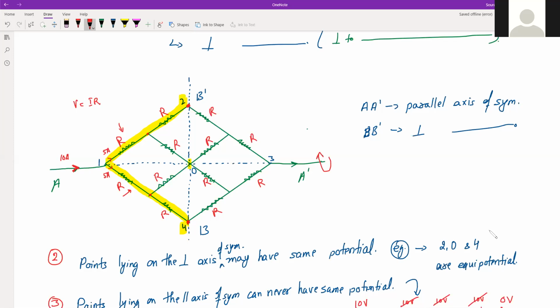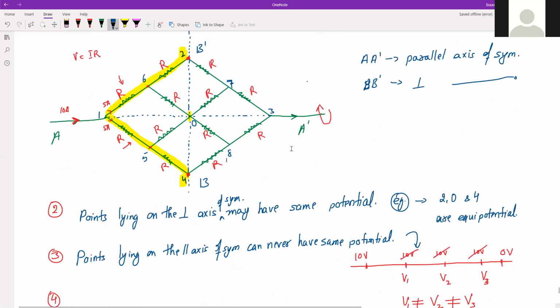The 1, 0 and 3 will remain as they are, but 4 and 2 will overlap, right? And suppose we have some more points, say 1, 2, 3, 4 we have given, say 5, 6, this is 7 and 8. So this figure, if I fold it along this AA,